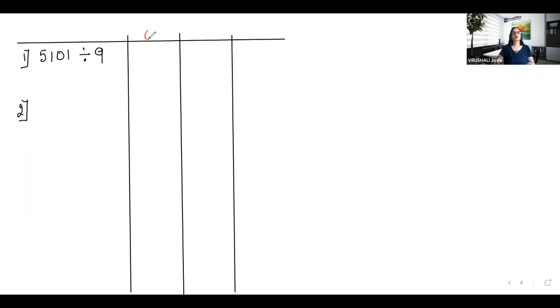This side, I want to know the quotient, and this side, let's have the remainder. This is just refreshing of what we did last level. So I'm not going to really waste too much time there, just a few sums.